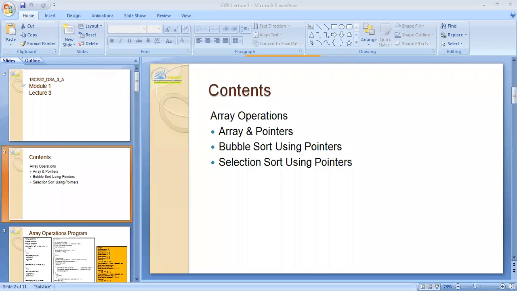Screen and audio is okay. Screen and audio is okay. Are you hearing?